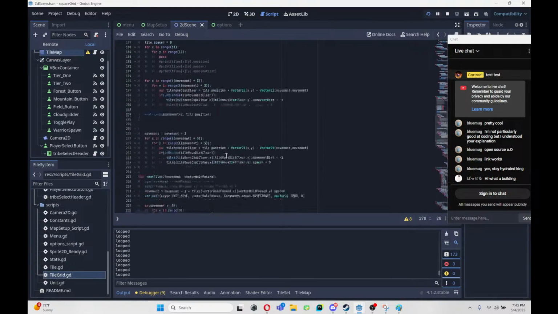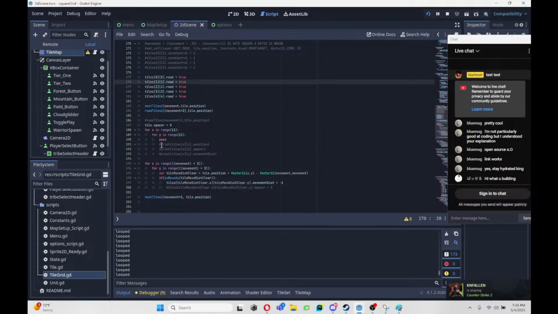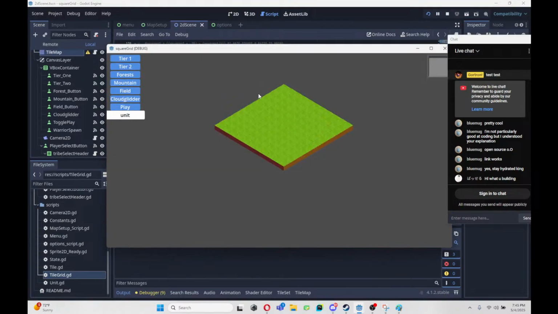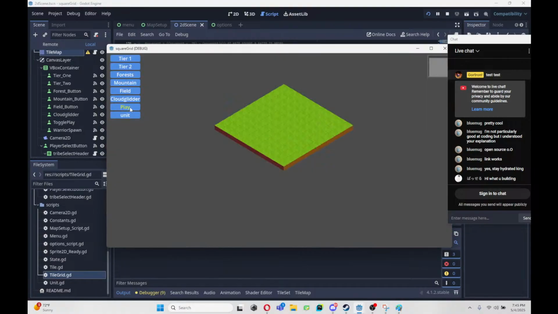This is a little troubling. So I'm going to run my debugger, which should be right here. We're going to print position, we're going to print spacer, and then we're going to print movement distance. Actually, I don't care about movement distance because we reset it. I don't know if we reset it. We're going to get rid of the pass statement. So I'm just going to run it up here. Unit, nope, you're in the wrong spot. So when you run it at 4, 4,